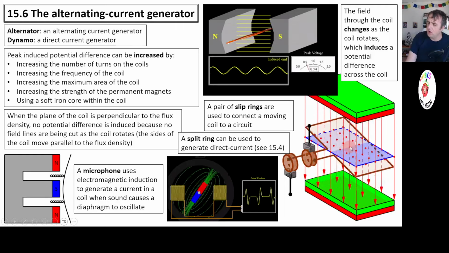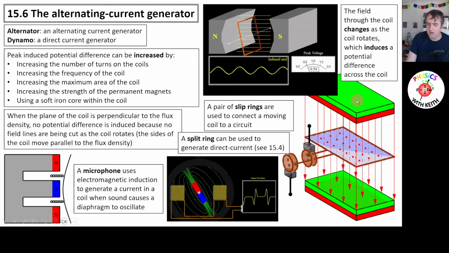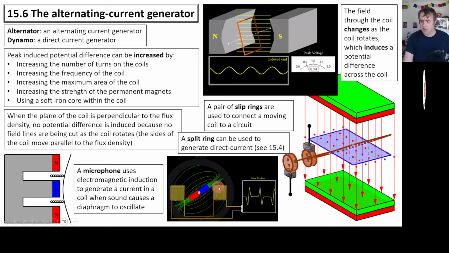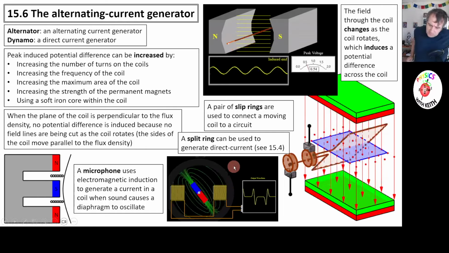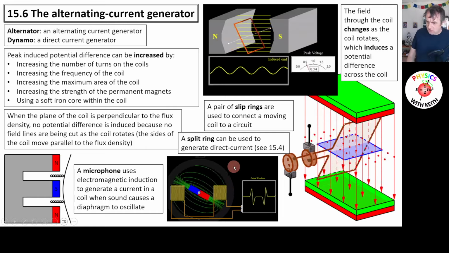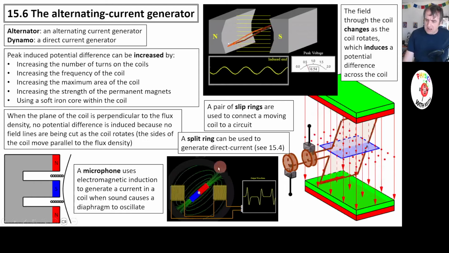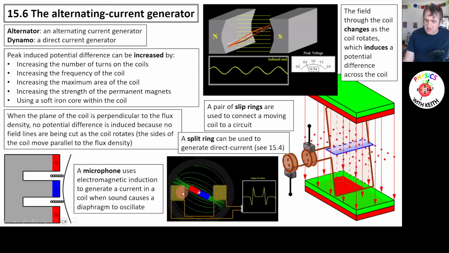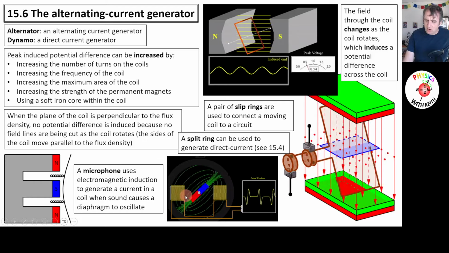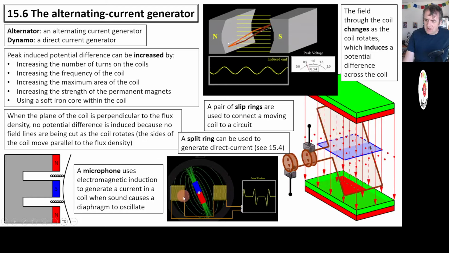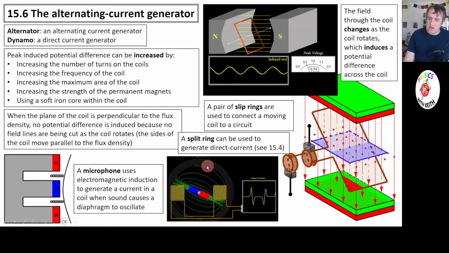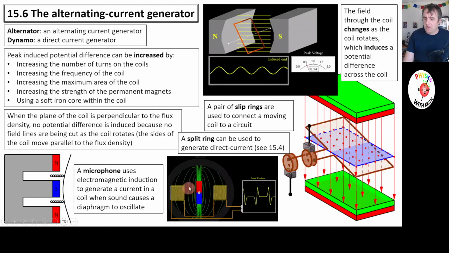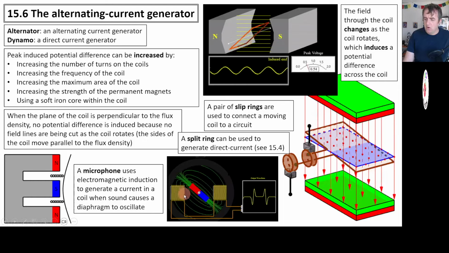Rather than moving the coil relative to the magnets, we could move the magnets relative to the coils, which is the example on the bottom. It's exactly the same physics though. So if you look at the coils, they at one point have very little field passing through them. At one point there's zero. And at one point there's lots of field passing through the coils. If you look, you can see the green lines are bunched together at the poles. That's our definition of poles, where the field lines are strongest. And so it goes red, blue,